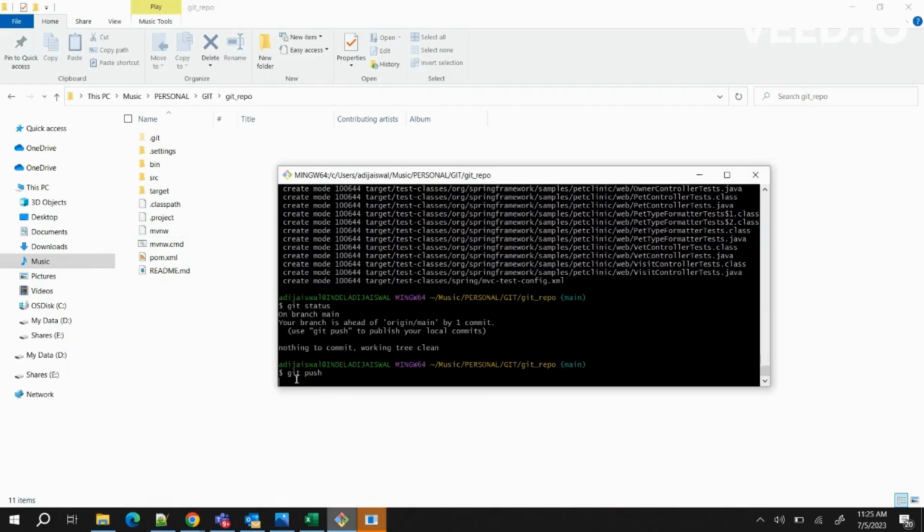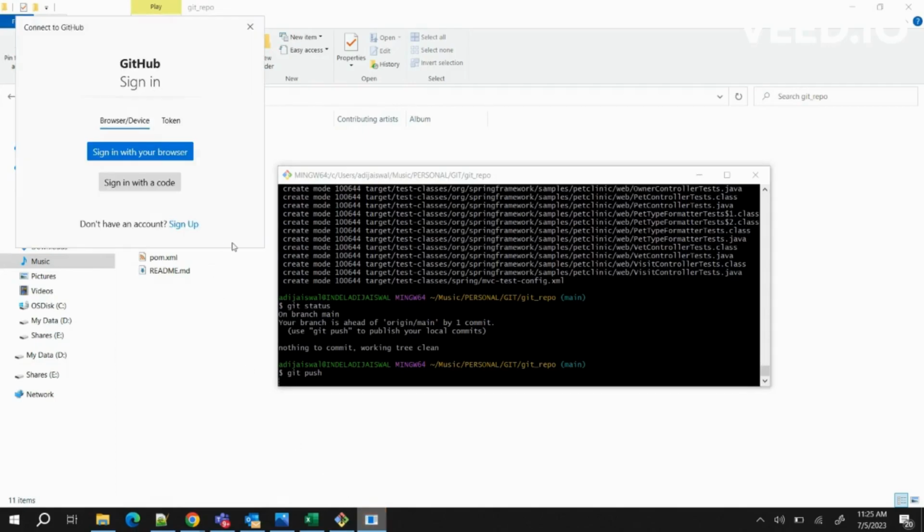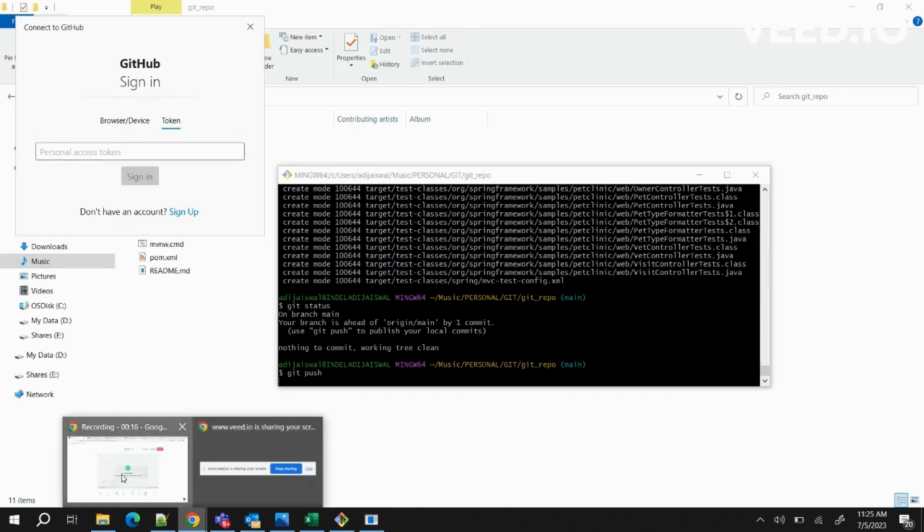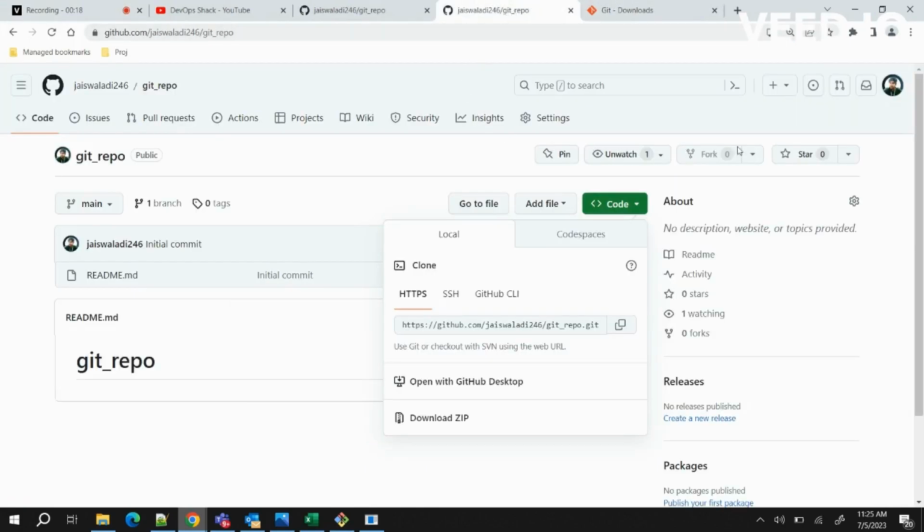Okay team, once I run this git push command, automatically if you have not logged in already, this page will appear: connect to GitHub. You see there is one option through browser device, and a second option through token. I will use the token option. As of now we don't have a token, so we will go back to our